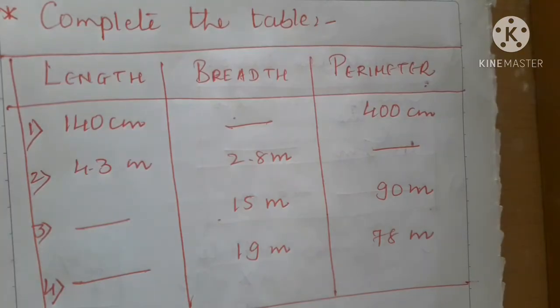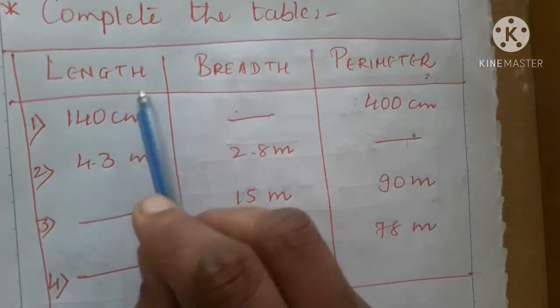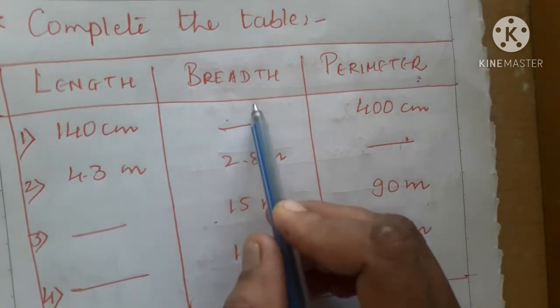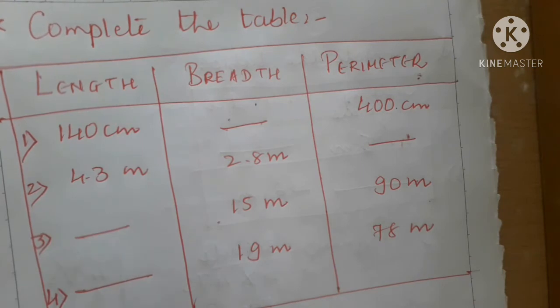Often it is found that this type of questions may seem difficult to children, but with little practice I am sure that you will be able to do this. Now coming to the first question, try to understand the question and start with the formula, substitute the correct values in respective places, and then you will be able to do it correctly. So here I start with the first question. The shape given is a rectangle because length and breadth is given and perimeter is given, right? So here I will start with perimeter of a rectangle.